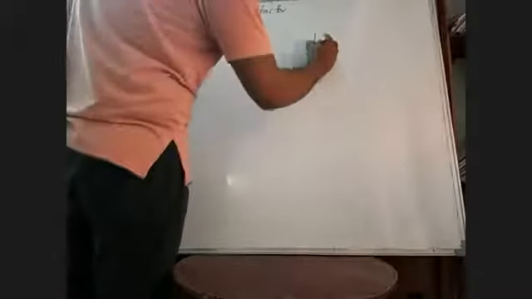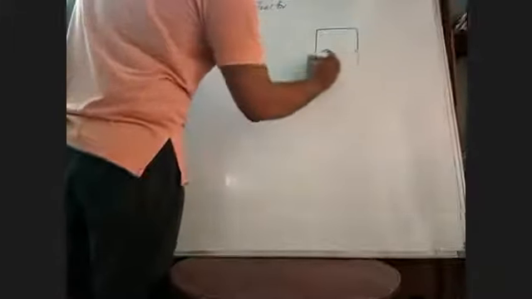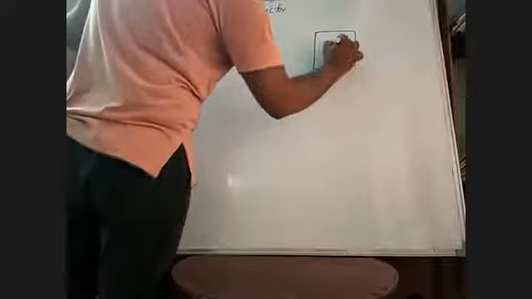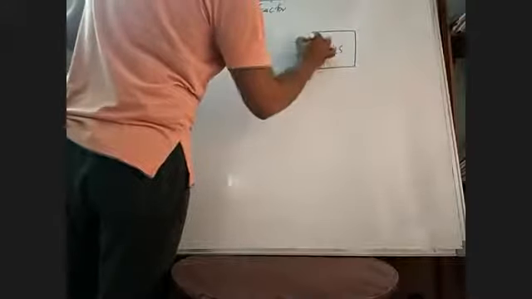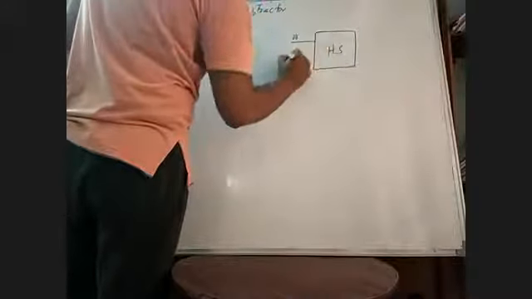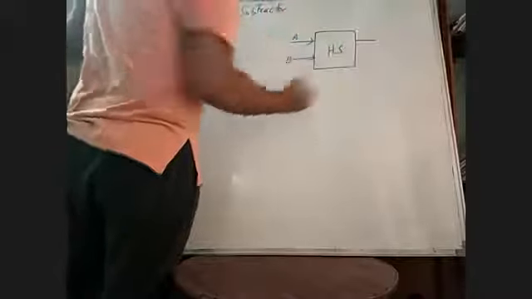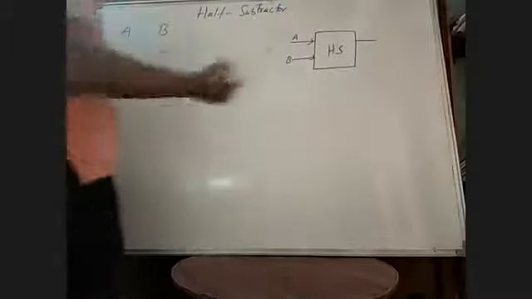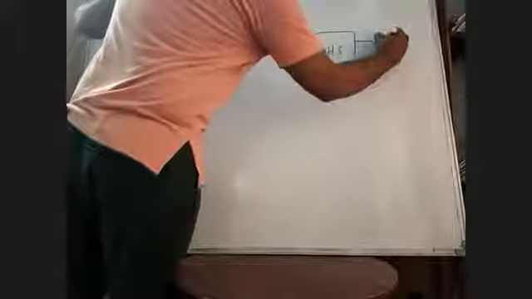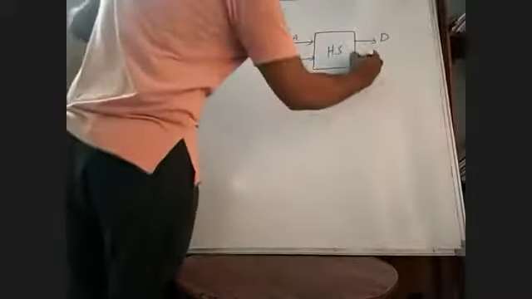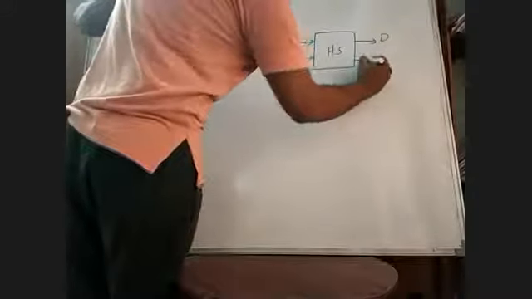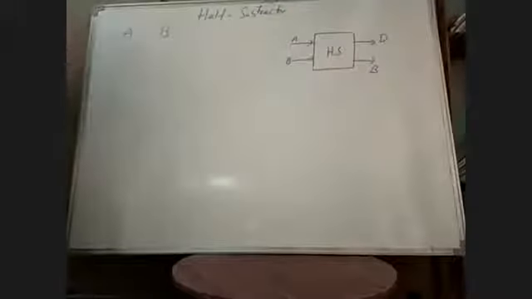Okay. Now you see the structure of half adder, half subtractor. This is also represented in terms of a block diagram. This is your half subtractor. The inputs are A, which is of size 1 bit, and B, which is of size 1 bit. I am generating the outputs. When you subtract the two things, the first output you get is the difference, and the second one we call borrow. Difference and borrow.